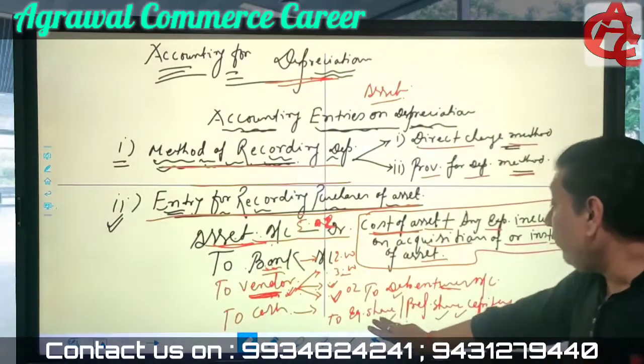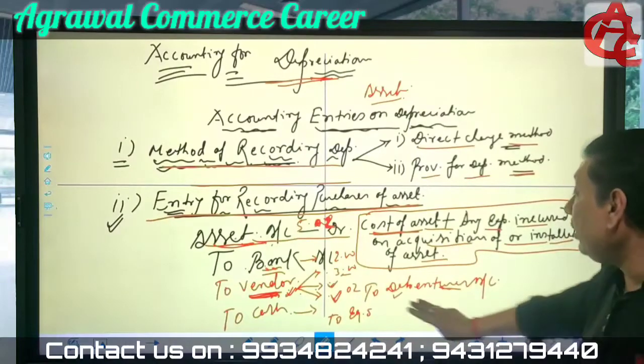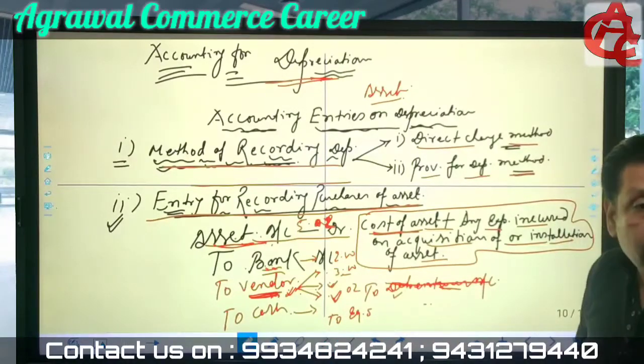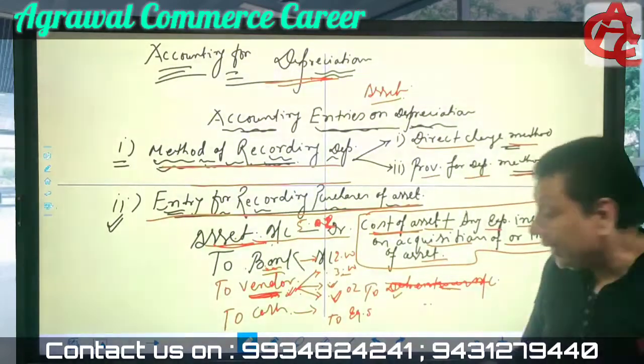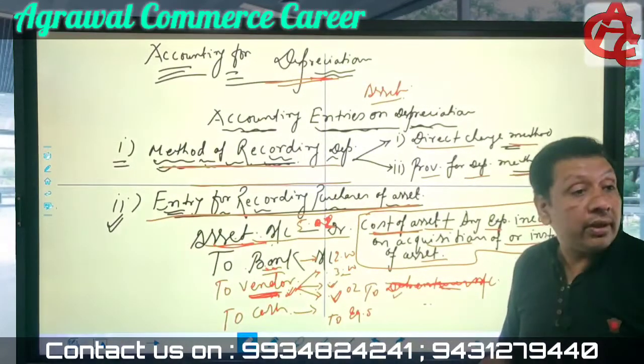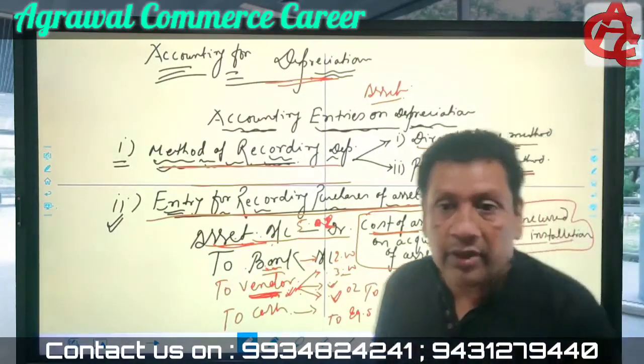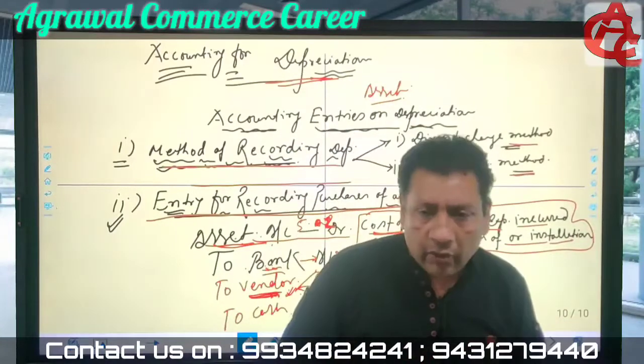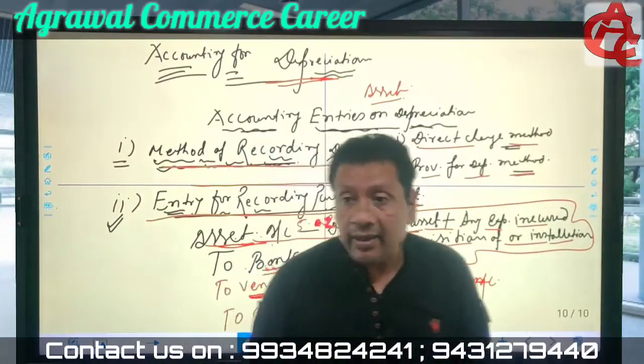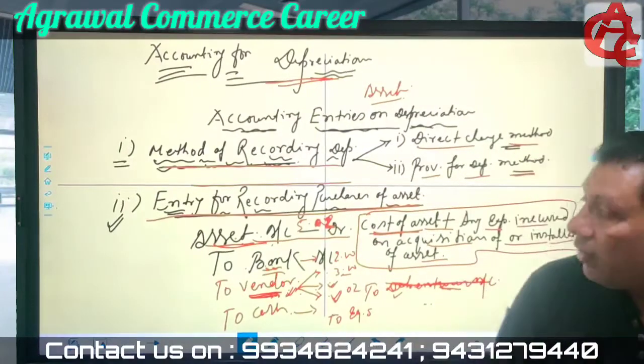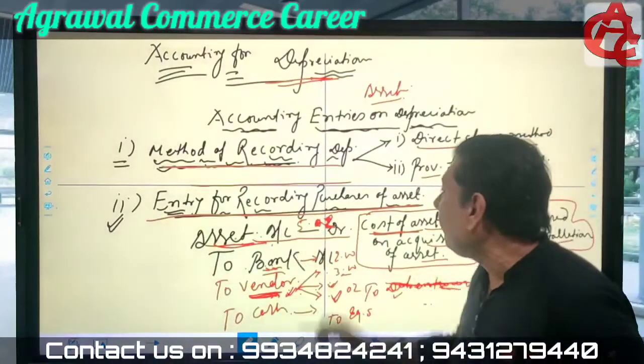And here, if you have issued share capital, what entry will be passed? Share capital will be credited. And if you have issued debentures, the debentures account will be credited. Is it clear? So now note it down. For purchase of asset, what entries will be passed? Note it down. For purchase of asset, entry for recording